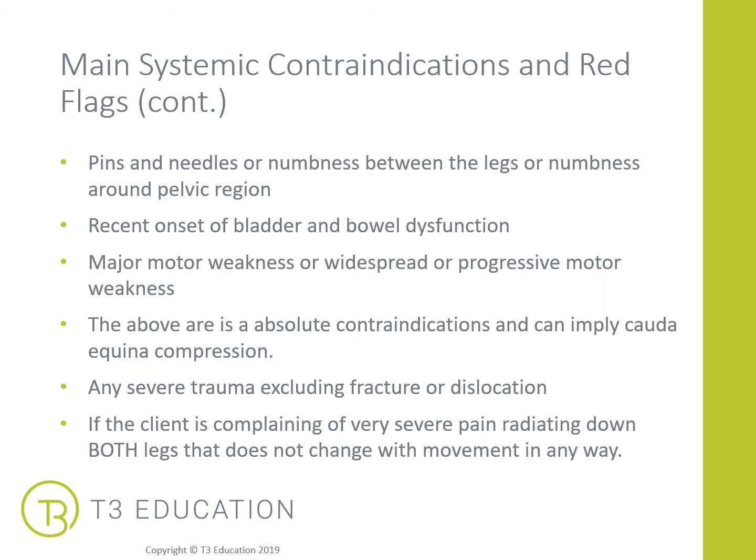The next set of systemic contraindications are related to the lower legs. If your client has mentioned or is experiencing pins and needles or numbness between the legs or around the pelvic region, a recent onset of bladder and bowel dysfunction, or major motor weakness and widespread or progressive motor weakness, these are absolute contraindications and can imply cauda equina compression. Now, cauda equina compression is where the nerves around the base of the pelvis, in an area called the cauda equina, can become compressed for whatever different reason. So if your client is experiencing any of those, they need to go to their GP as soon as possible